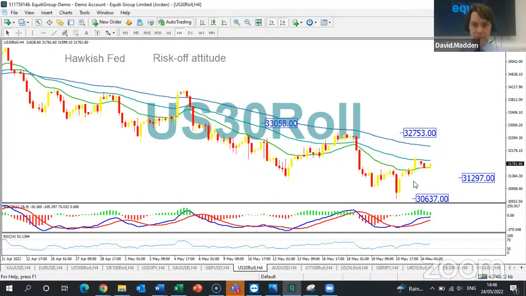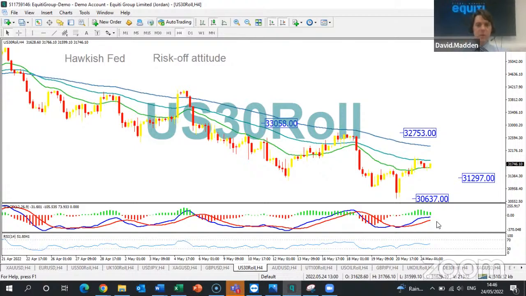Now, look at the price action here. The size of the rebound hasn't been that impressive. We've managed to reclaim the 20-period moving average, but we haven't managed to properly break above the 50-period moving average. While we continue to hold below these two simple moving averages, the 50-period moving average and the 100-period moving average, I suspect the broader bearish trend will continue. We've already retreated a little from the recent peak.